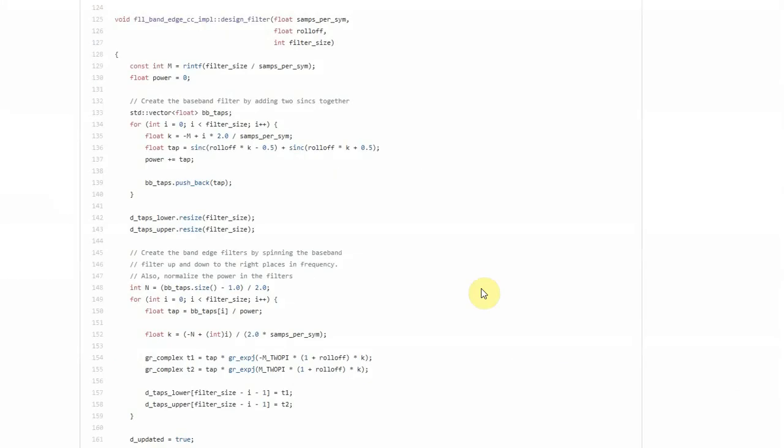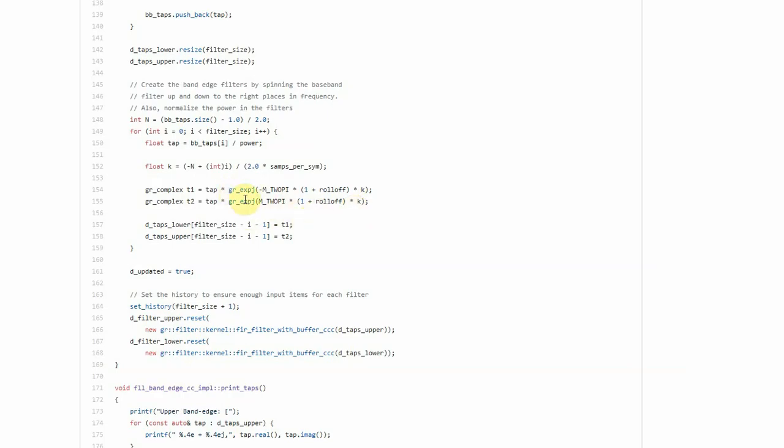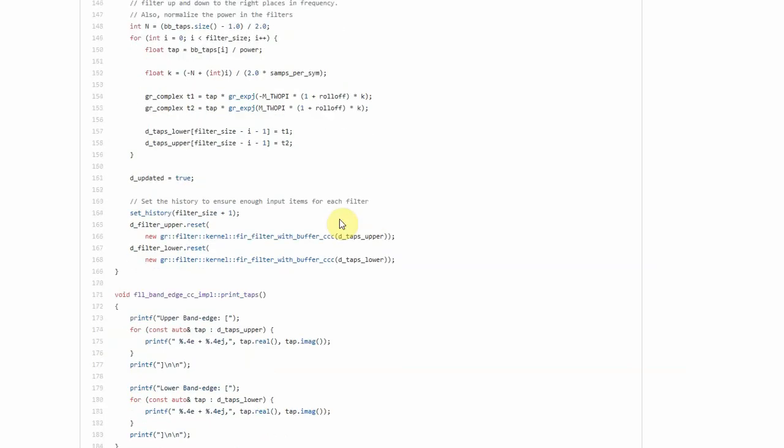We have discussed in the past that feedback loops cannot be implemented in GNU Radio Companion. However, they can be implemented in GNU Radio itself. So we go to the FLL band edge code of GNU Radio and see how it works. Then we will be able to change the code itself or form our own custom blocks. As discussed in detail in both the lectures and the text, the impulse response of the band edge filters is formed by summing two sinc signals and